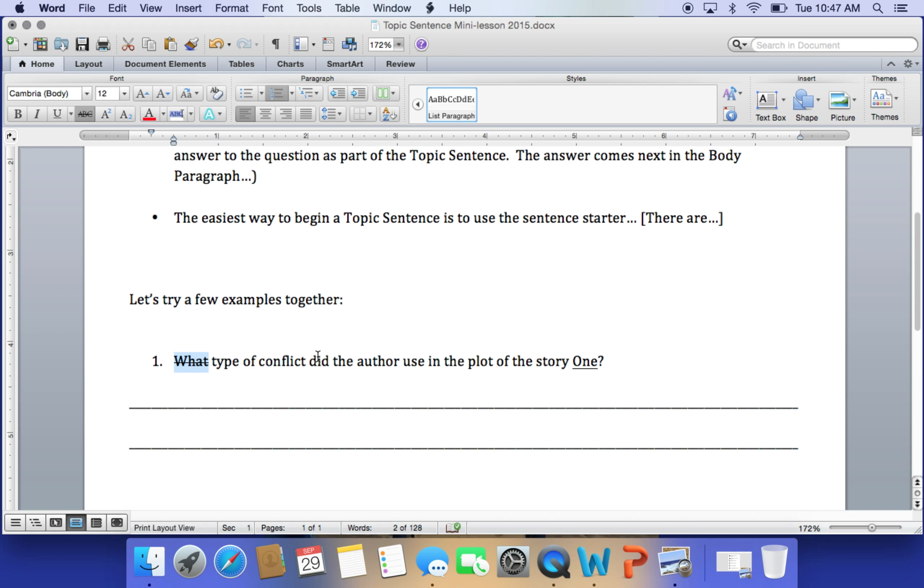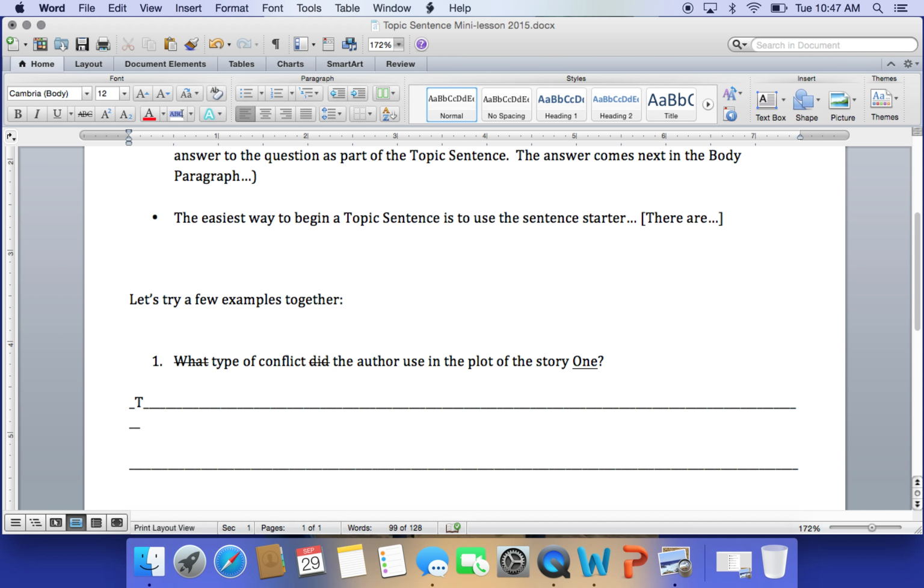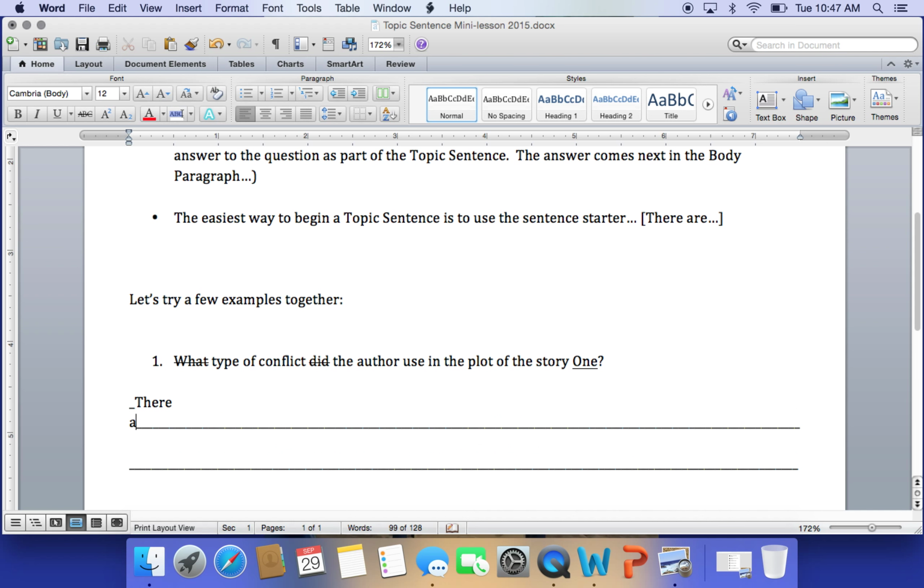So we need to work with the words, type of conflict did the author use in the plot of the story 1. So we want to get rid of did as well, because that's kind of a question word in there. So we just want to use with the type, we want to use types of conflicts that the author used in the plot of the story 1. Let's see if I can type out a topic sentence using our sentence starter, there are. Let's say, there are